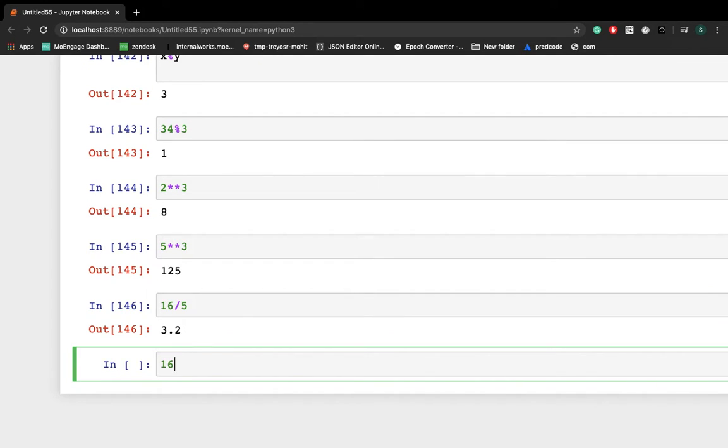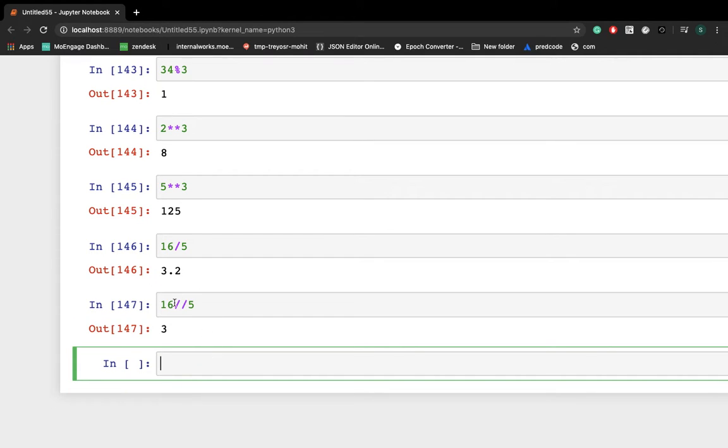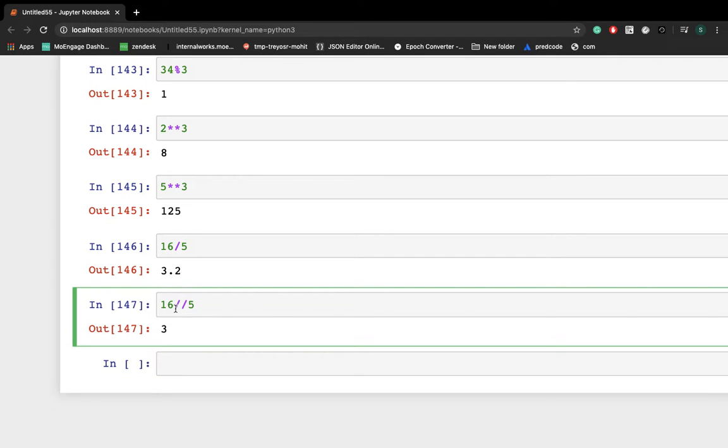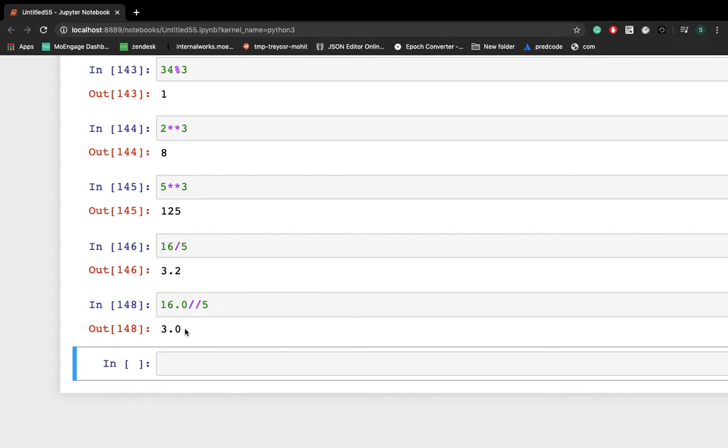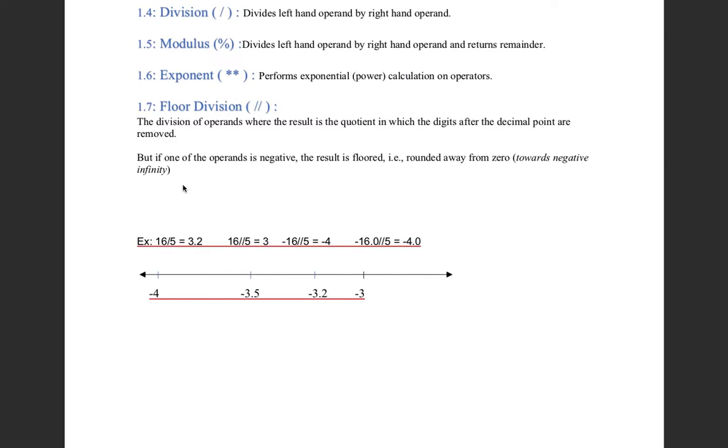But for floor division you have to write two divide signs. If you do that, nothing after the decimal point gets printed post execution, so it removes whatever digits are after the decimal point. If you do floor division, you'll get 3. Let's say you are using a floating point 16.0, you will get the result as a floating point only. This is the second concept of floor division.